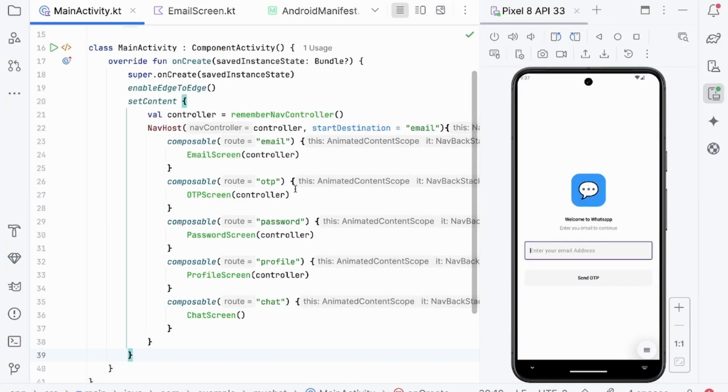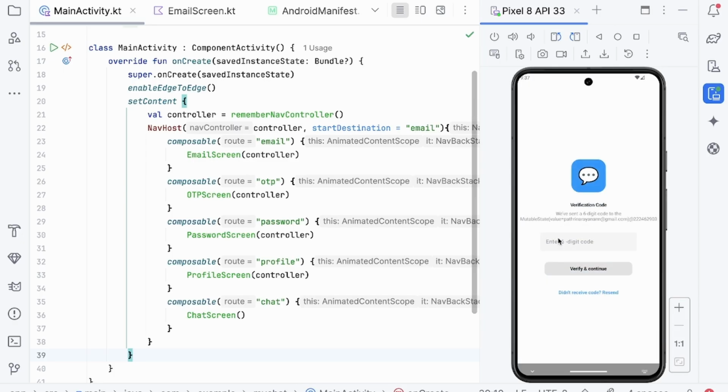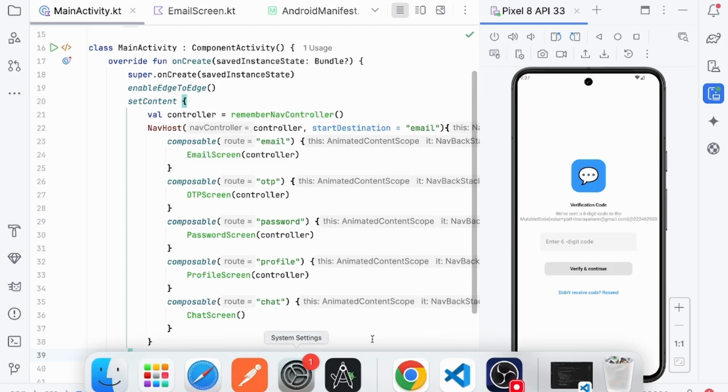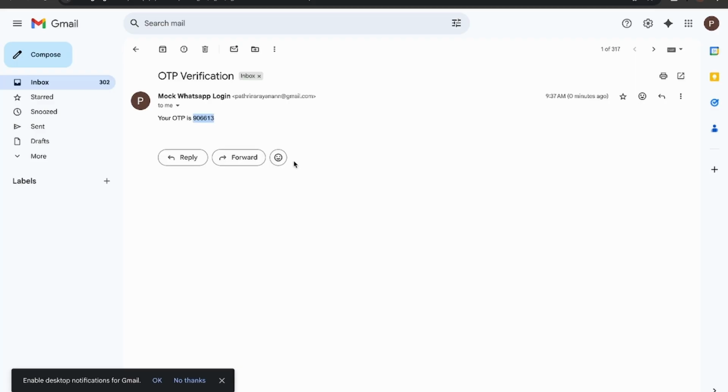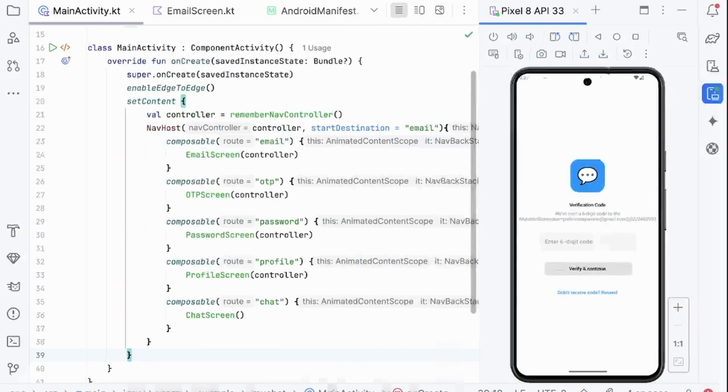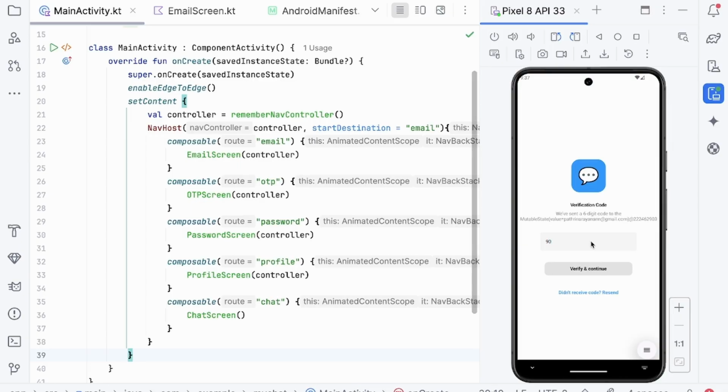Hello developers, today in part 3 of this tutorial, we are going to see the amazing working functionality of our chatting application. Once I enter a valid email, it directly sends an OTP to the entered email address, right? I can just see my email, so the OTP is sent, and only once I enter this valid OTP do we move to the further process,